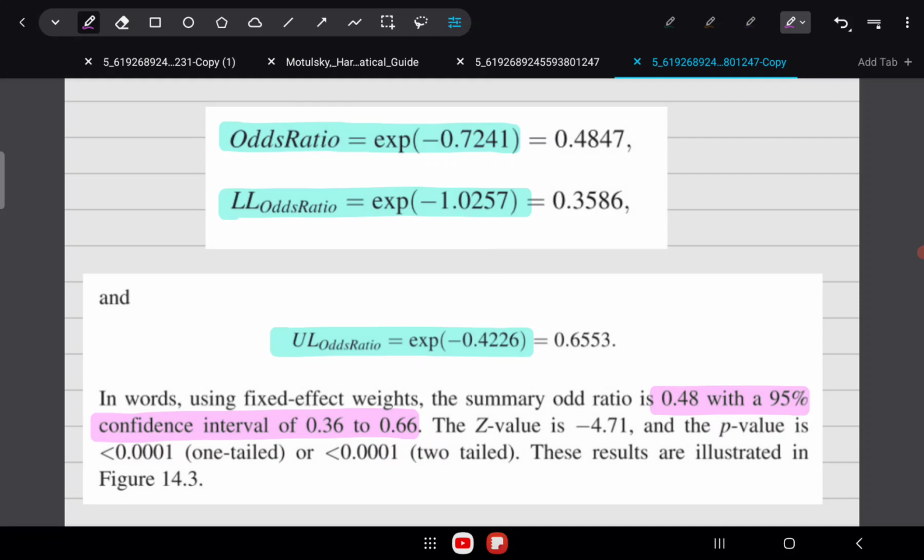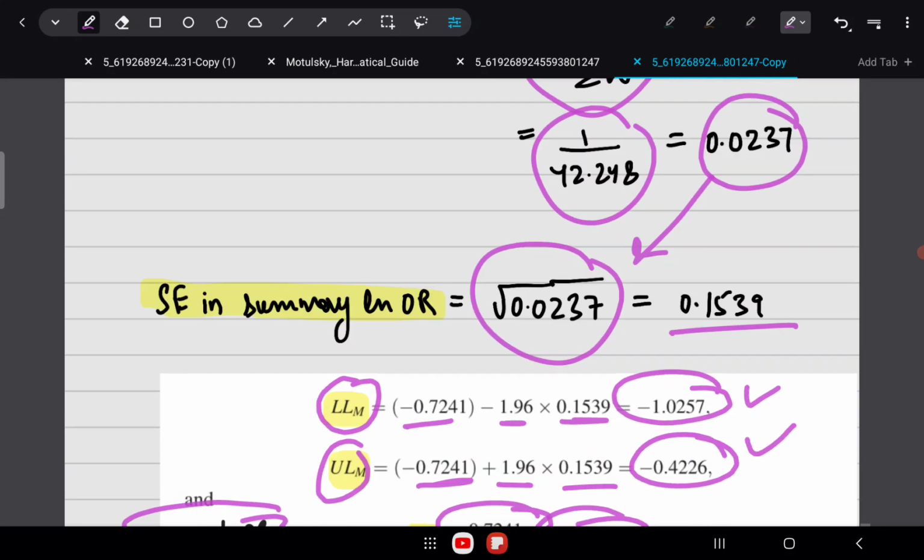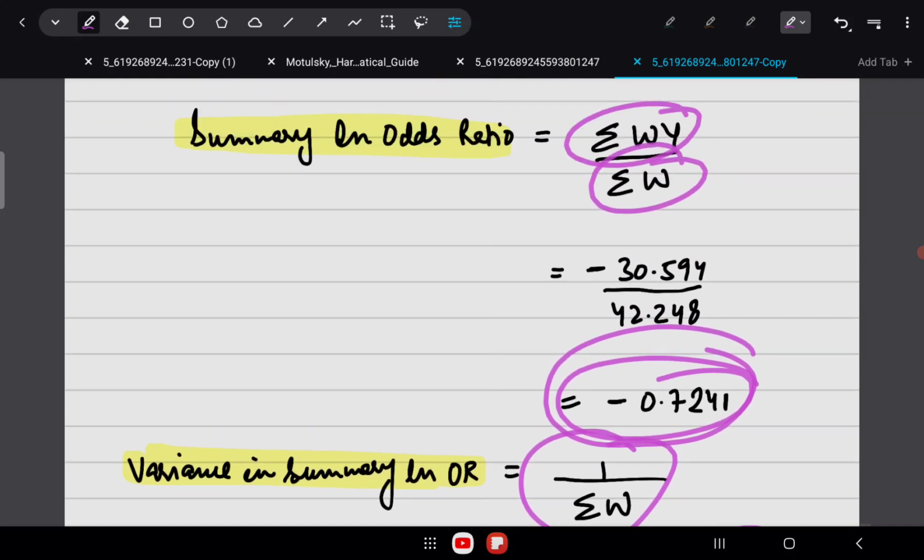But for calculating the p values, you need the Z statistic, and that Z statistic has to be calculated from the logarithmic form of the effect size. Okay, so you can convert the summary effect into its exponential form to show in your conclusion or in the manuscript, or to show in the forest plot.